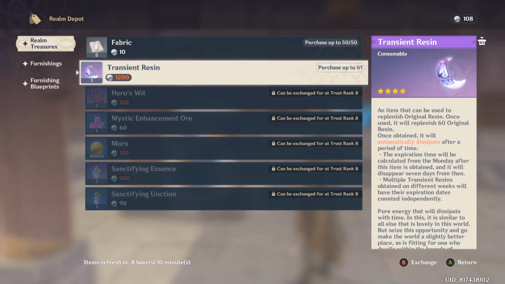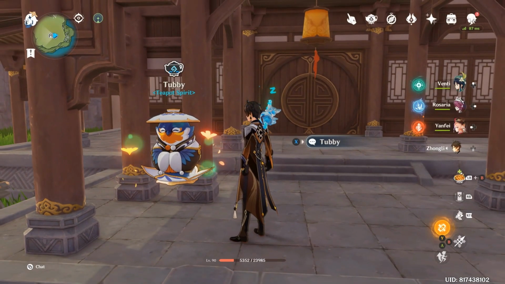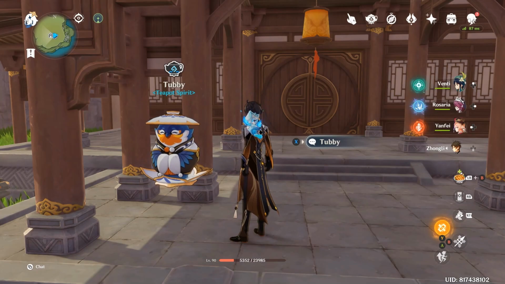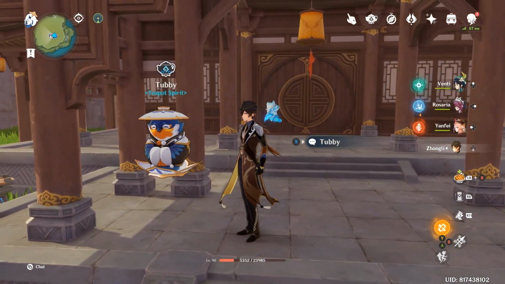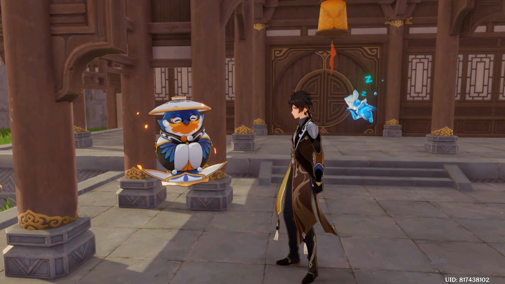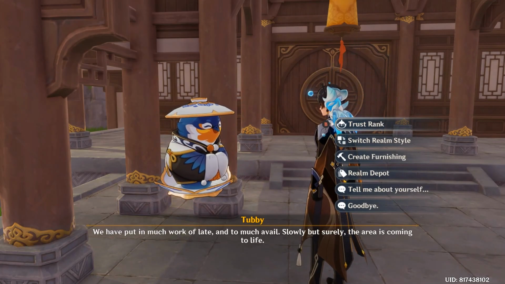But let's say you really want the Transient Resin, because I understand for F2P players it's very difficult. I can feel it because I'm also playing a sub account. And the sub account, honestly speaking, is very limited in the things that you can do because of the limited amount of resin. I mean, it's much better now that the Battle Pass does give some resin, but yeah, that's about it. So, if you are really going to go for the Transient Resin, my recommendation is still to follow